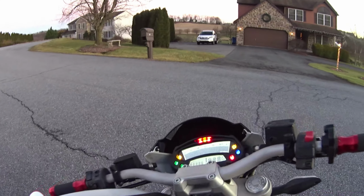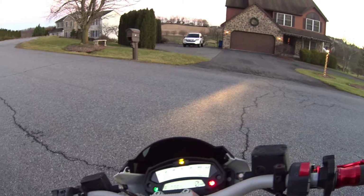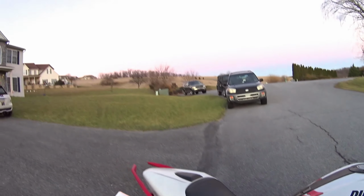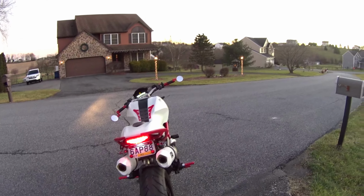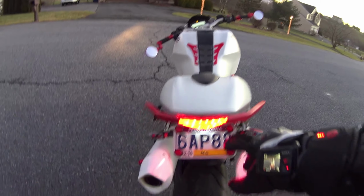Alright, so this yellow light indicates to you that I do have ABS. On this side you have modes. They're not like rain mode, dynamic pro, dynamic or race mode or road mode. They have more to do with track modes, so I don't know too much about them. But anyway, the guy that owned this before I did put